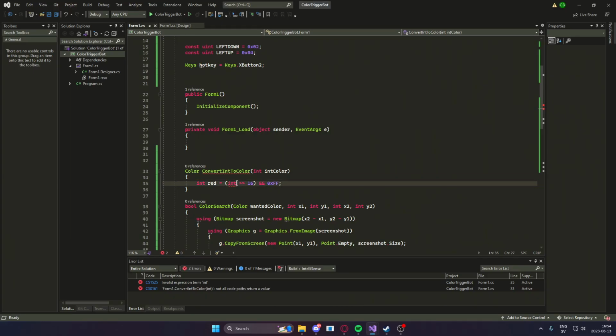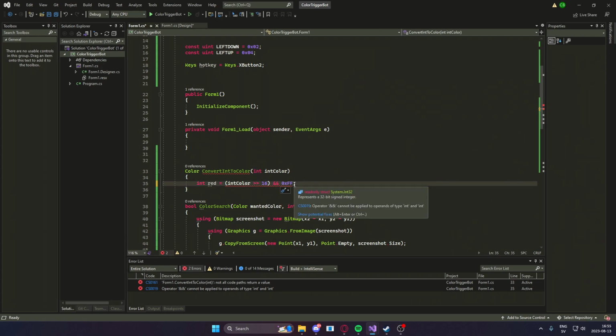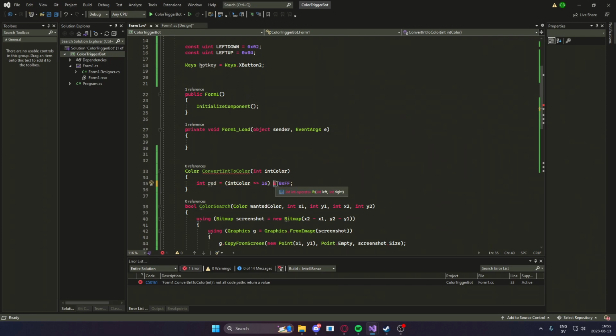Alright, so we have the first color, which is red, and we would have to shift the bits within the int color by 16 positions and use this operator. It's also, and it shouldn't be double and, that's my bad. It should be a single and operator. It will shift the bits to the right 16 positions. And by using the 0xff, we will make sure that it